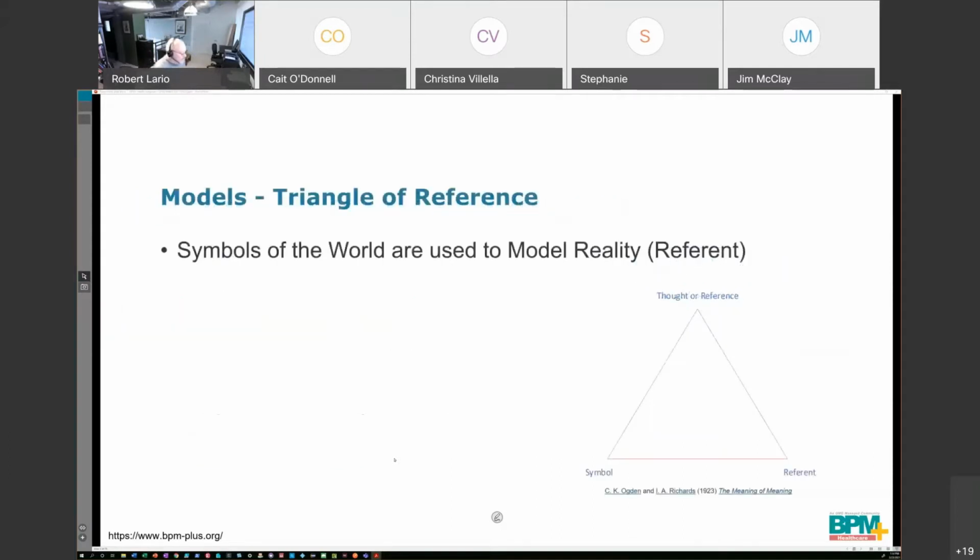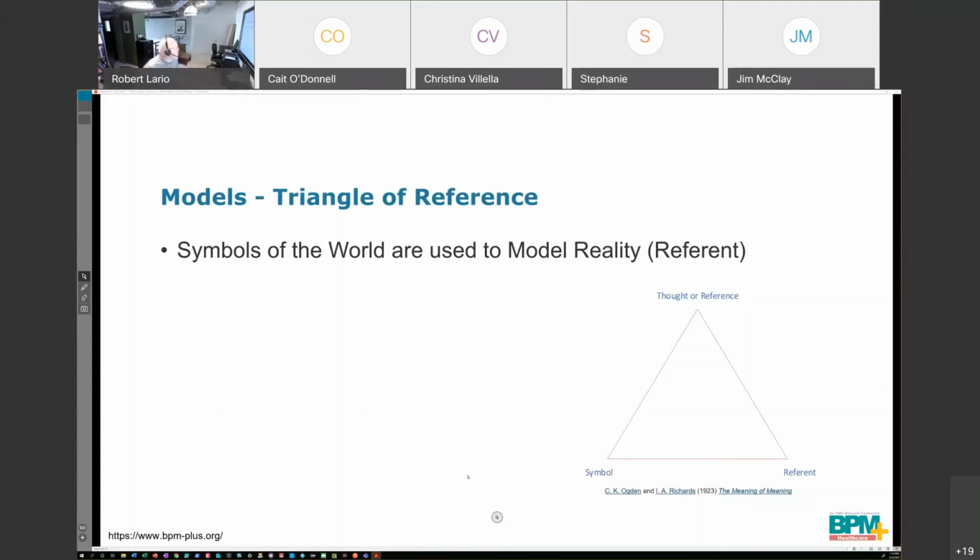So one of the questions that's often asked is, how do we do this? How do we build models? Where do we start? And so I feel compelled to back up and explain some of what's happening, some of the thinking behind the process of building models. It's a little bit of theory, not going to spend a lot of time on it, but just give you a background and some references if you want to go on and